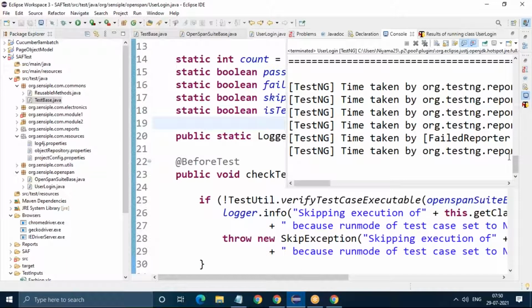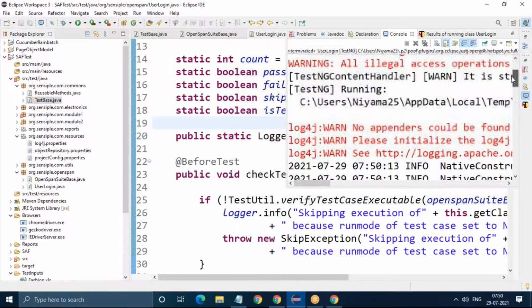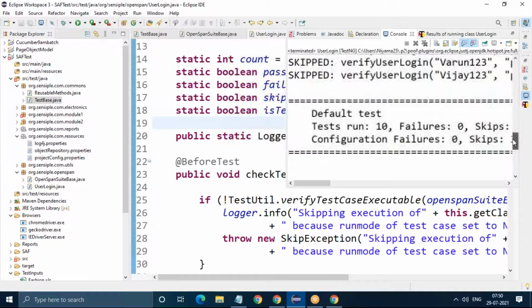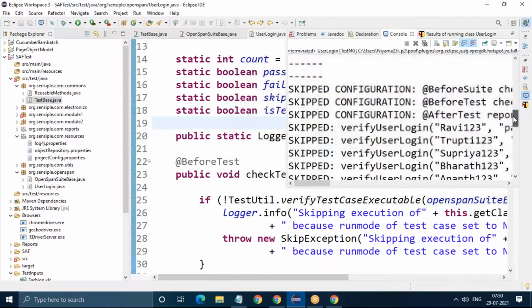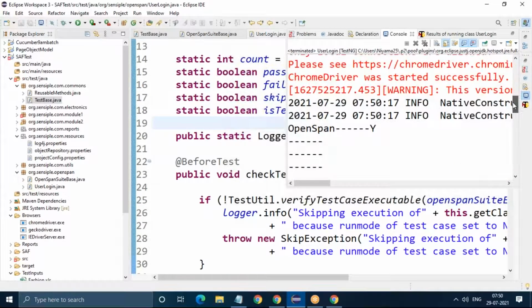Opening Chrome browser. What happened? Something went wrong. Okay, what is it? The total test run 10. Everything is skipped because